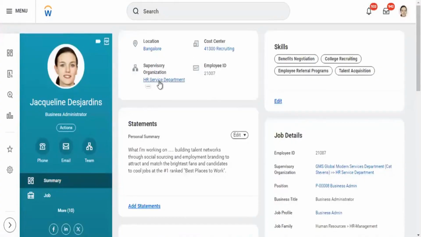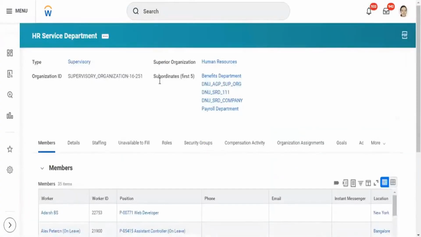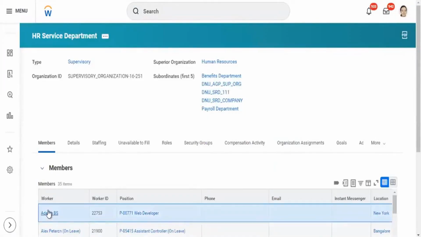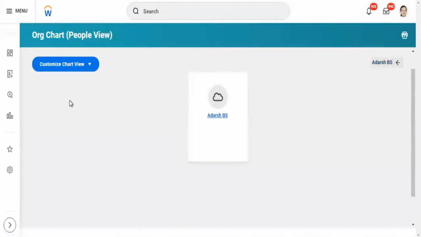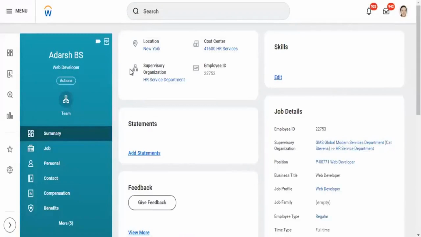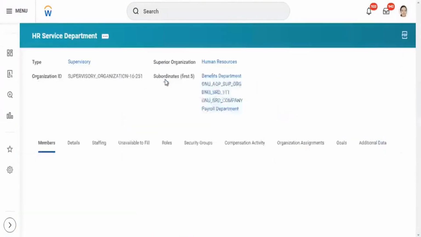Generally, she should have personal and professional talent information. I will take one employee as an example. I went to the employee profile and this employee's manager is Jacqueline. He should be reporting to Jacqueline, and Jacqueline will be managing this employee.